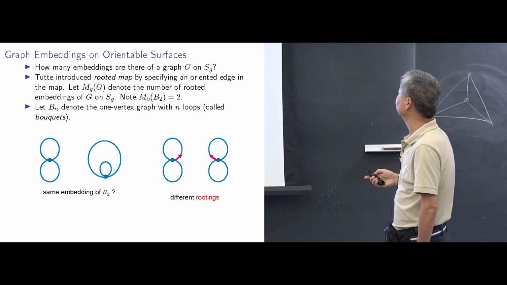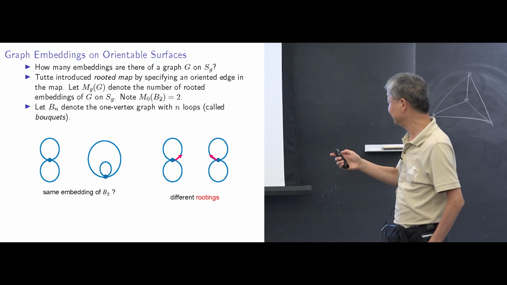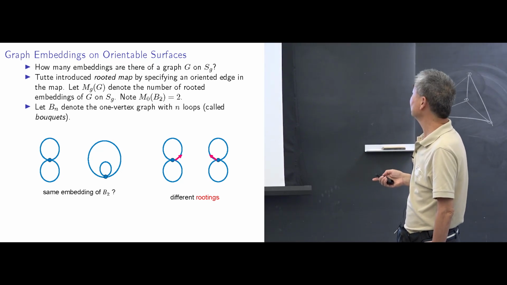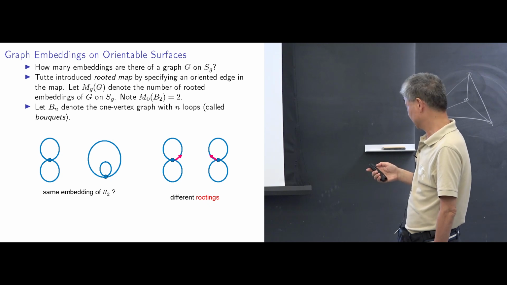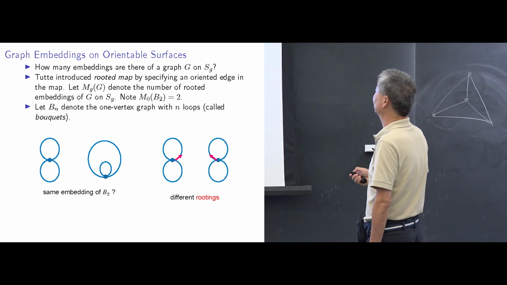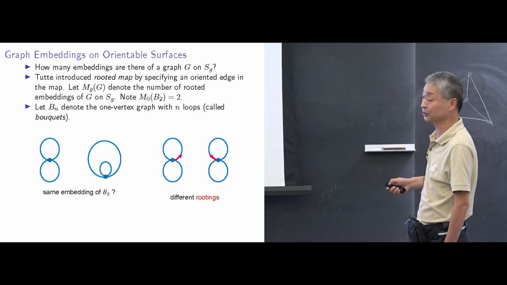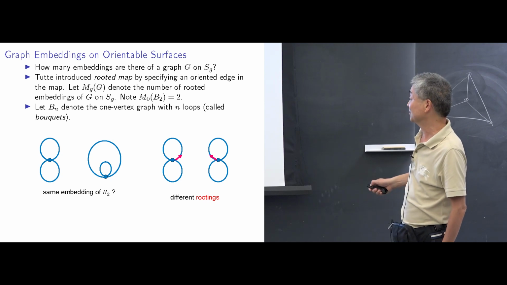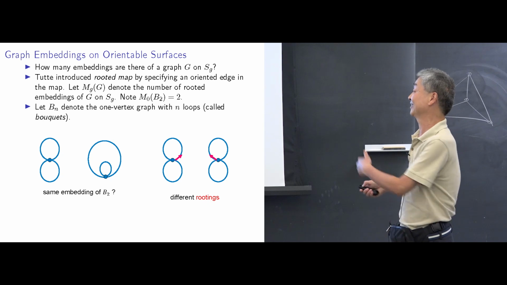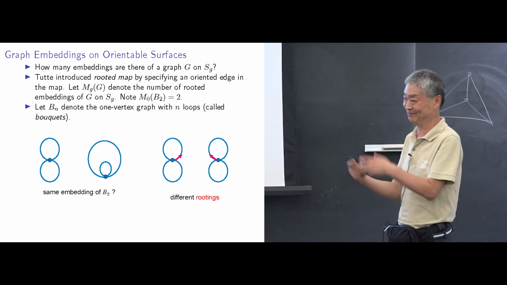So for example, I have to be careful with the timing. Let me give you some examples. So we use B sub n to denote the one-vertex graph with n loops attached. So this is B2. Okay, so if we just draw these two on the plane, equivalently on the sphere, are these two the same thing? Some people say yes, some say no, depending on the